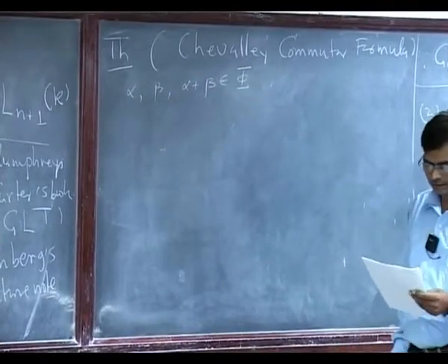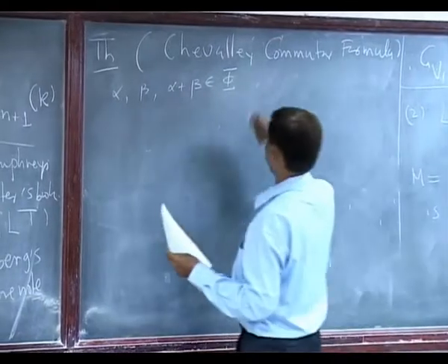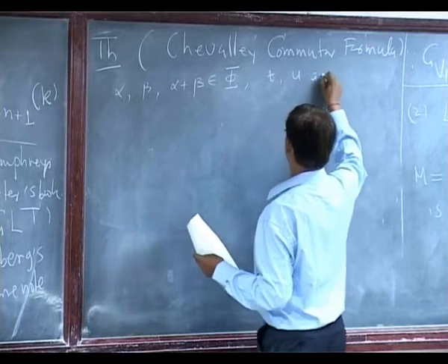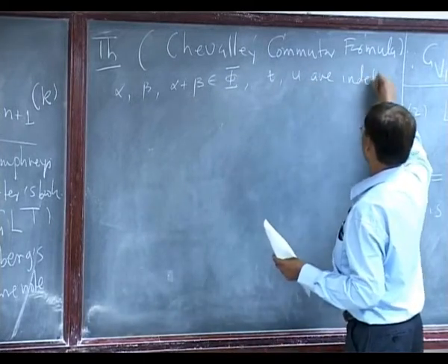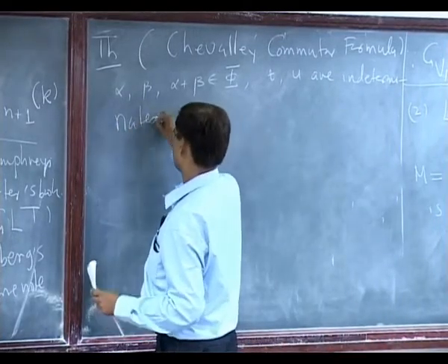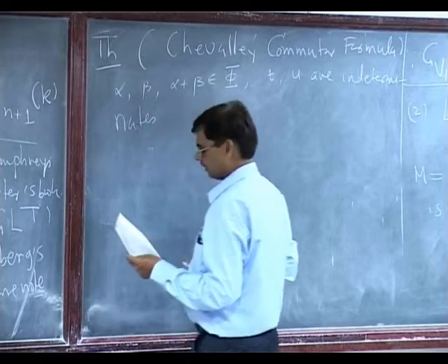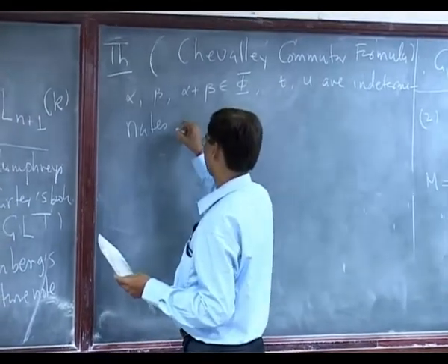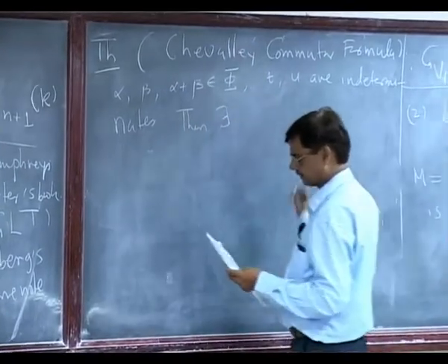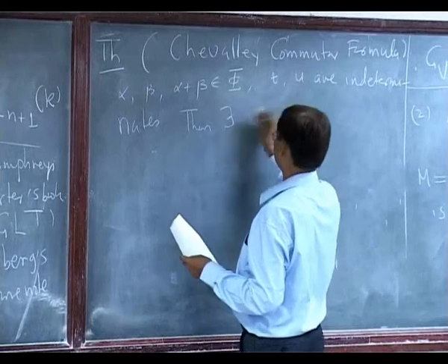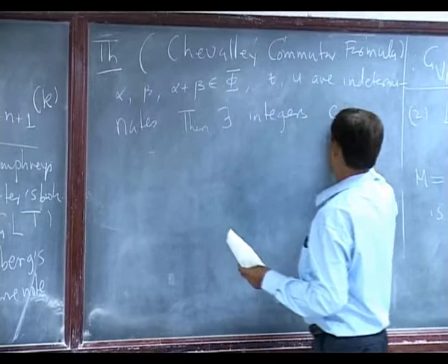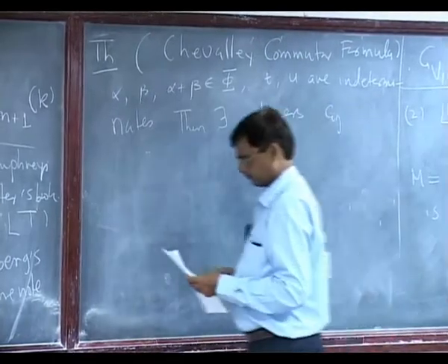Then suppose T and U are indeterminates. Then there exist unique integers Cij such that